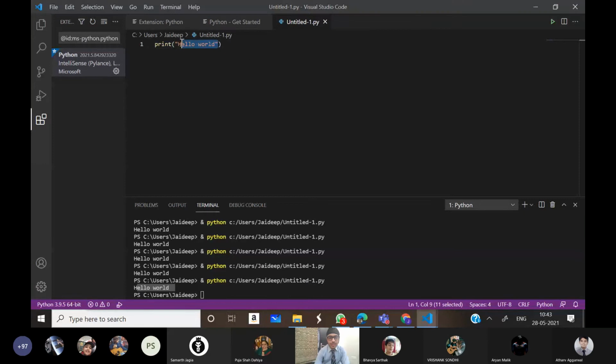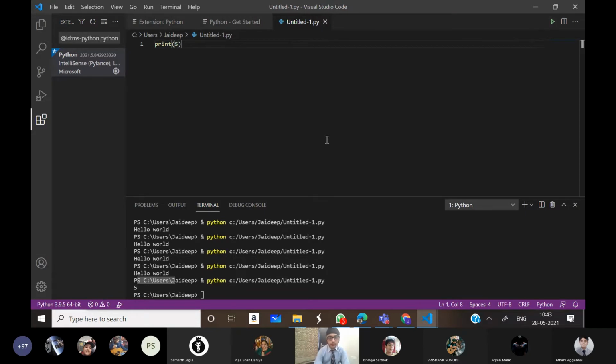So everyone has done till here. Here, hello world is a string. A string is a list of characters, either one or many. Except string, there are other data types like float and integer, and both integer and float are numerical data types. The difference between them is that integers are without decimals, like 10, 12, 13, and floats are numbers like 0.5, 5.6, 7.8. So let's take an example.